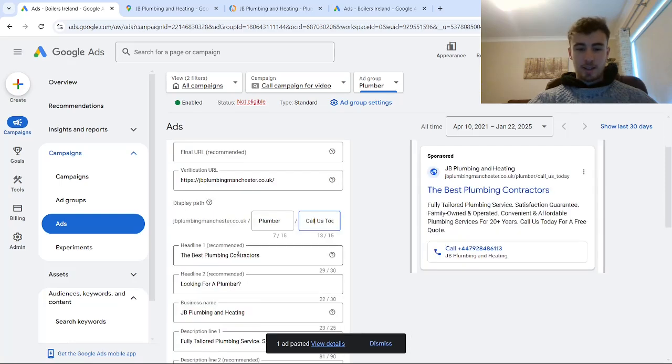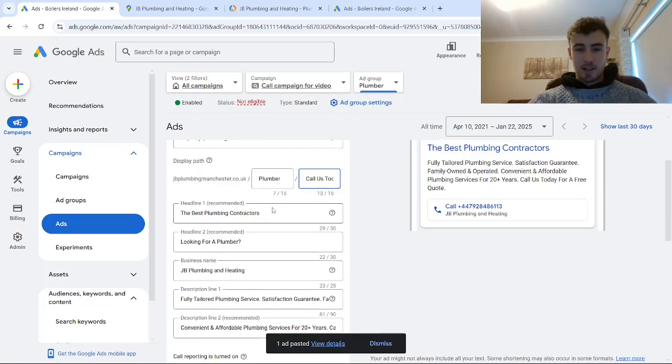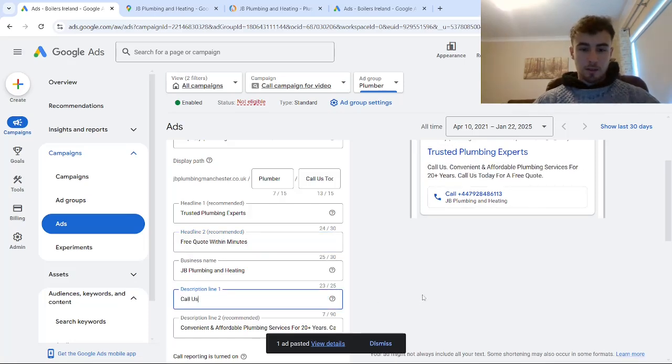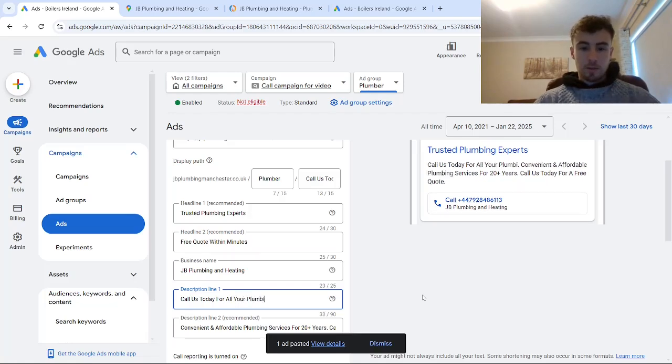All we need to change is the 2 headlines and 2 descriptions in each case. So what we can do is remove this and say maybe trusted plumbing experts. And maybe for the second headline we can say free quote within minutes. And then maybe for the first description we can say call us today for all your plumbing needs, maybe qualified professionals, immediate